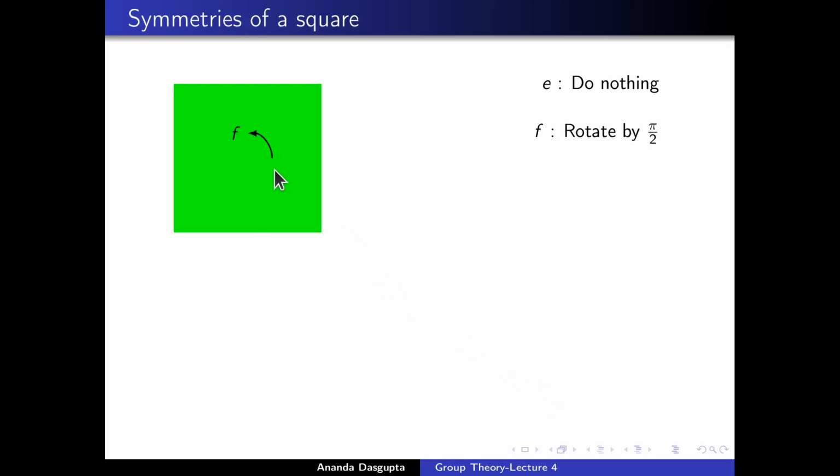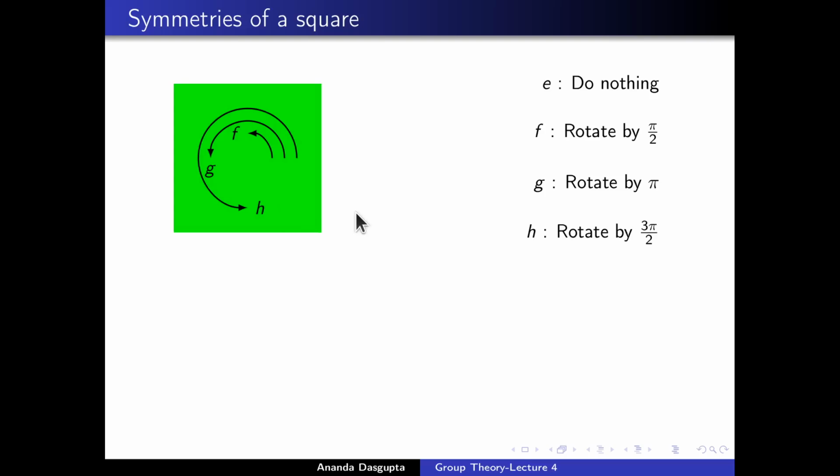The smallest non-zero rotation, which will leave the square the same, is through pi by 2 or 90 degrees. That's what we are going to call F. You might wonder why we are calling this F. Well, because A, B, C, D have already been taken or will be taken by 4 reflections, and E of course is the identity. Now we have F, then G, which is rotation by pi,